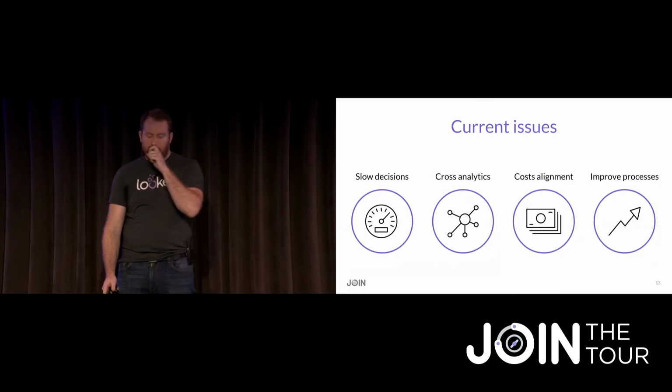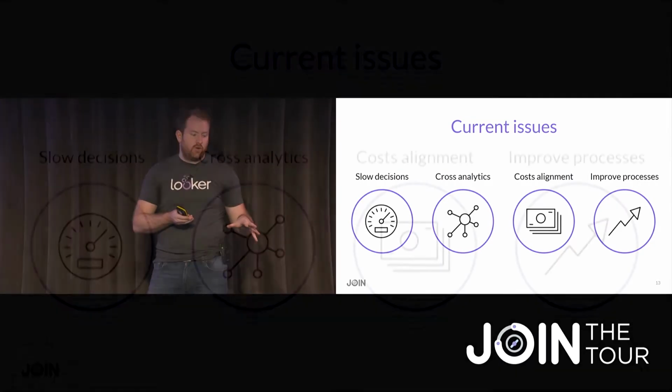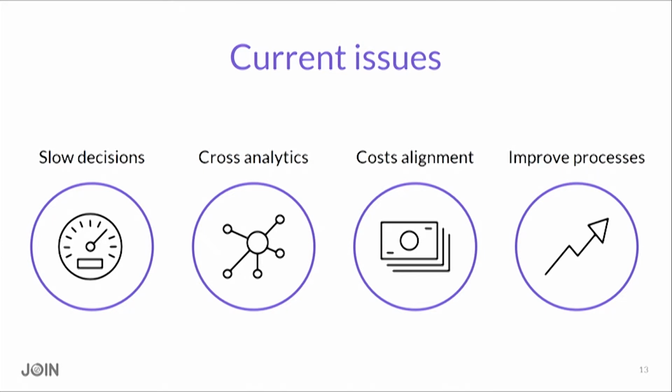So to start with current issues, I've identified a few here. They probably also break down into more options and more discussions to have, but this is a good place to start. There are things that are happening right now. Do your decision makers, or people on the ground, have access to the data? Is accessing the data to make decisions what's slowing them down? You don't want technology slowing decisions, slowing people. The technology needs to enable them. So that's the first point: slow decisions, is that an issue for you?